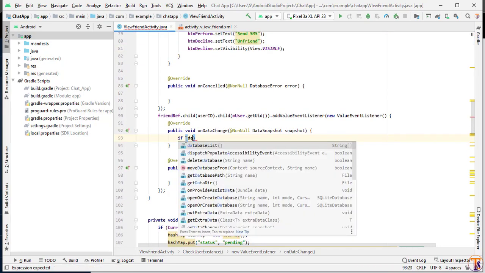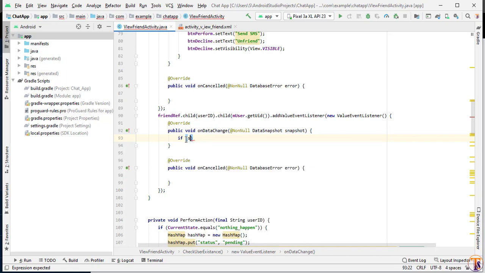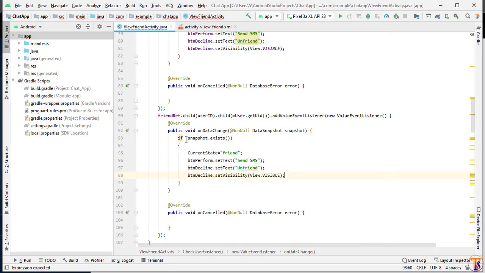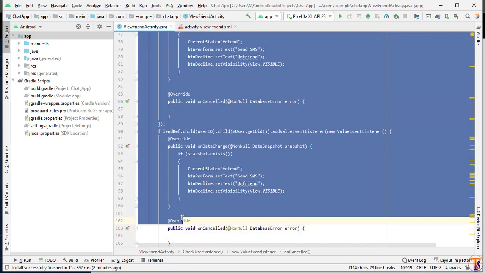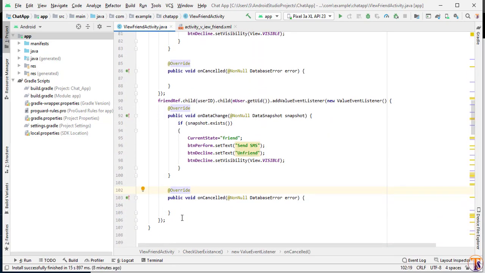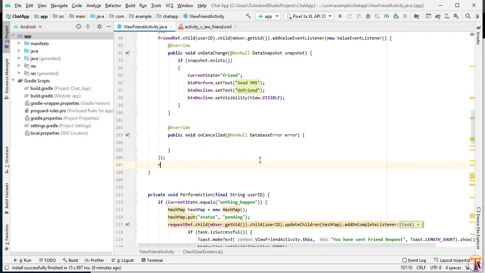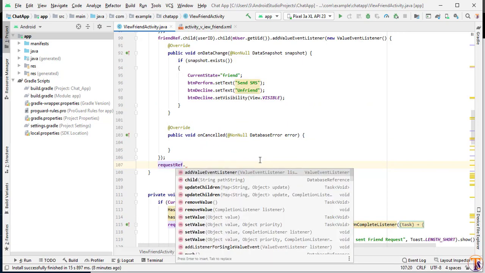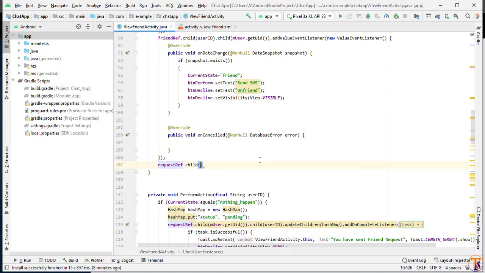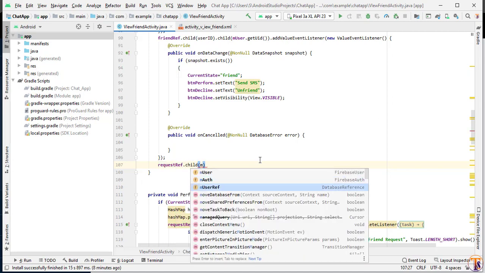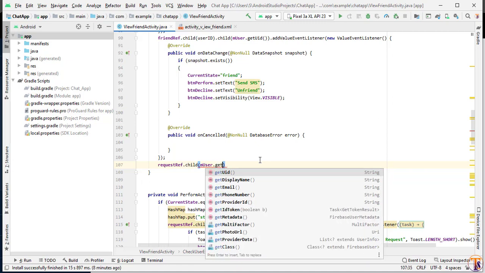If snapshot dot exist, and here we will paste that code. These two methods only show that we are already friends. According to these conditions we change our current state, and also change the text on the buttons.